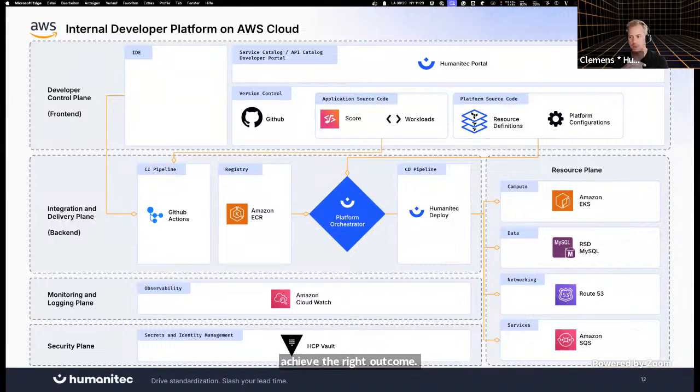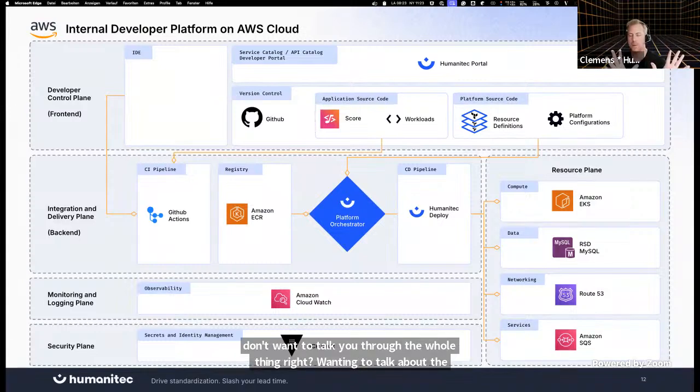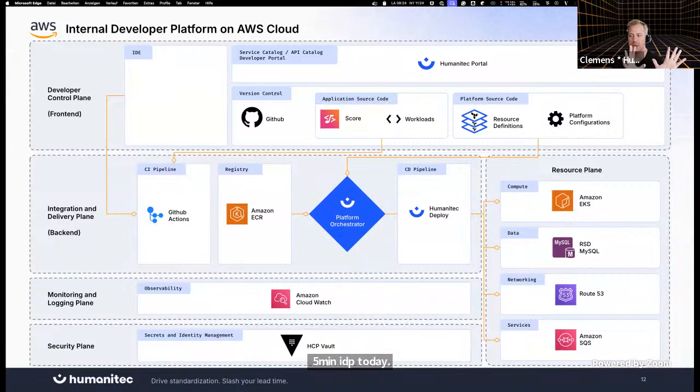So what is important on that picture and what is not? I don't want to talk you through the whole thing, right? I want to talk about the 5-minute IDP today and not so much about the reference architectures, but I want you to see that nevertheless and understand it, because that is the next natural progression step up from the 5-minute IDP. Although the 5-minute IDP will have all of the core components,